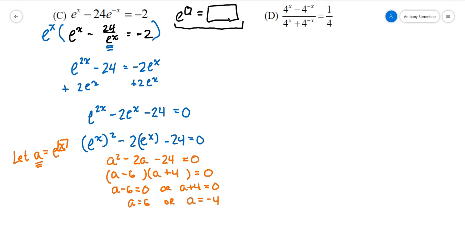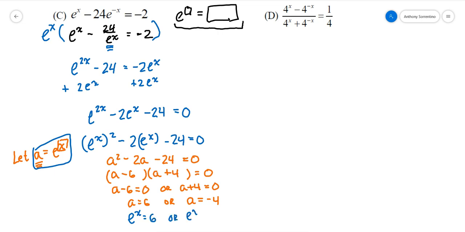But again, I got answers for a, and I'll have students that will say at this point, well, a is 6 or a is negative 4, and that's the answer. Yay, we're done. It's not. Because first of all, we're not looking for a, we're looking for x. a was something we put into the problem to help us be able to do some work with it, but it's not the answer. So I got to get the x back, and so I'm just going to go back and use this again and say, well, a is e to the x, so e to the x equals 6,